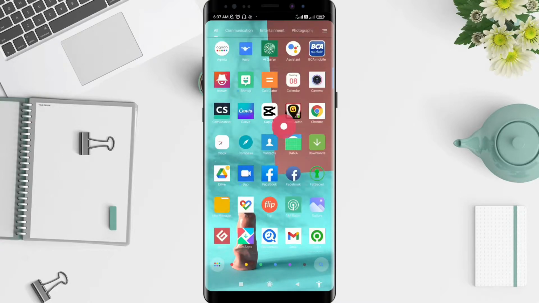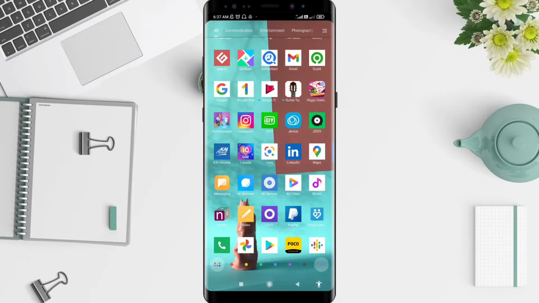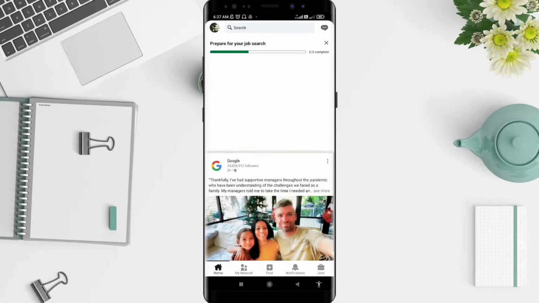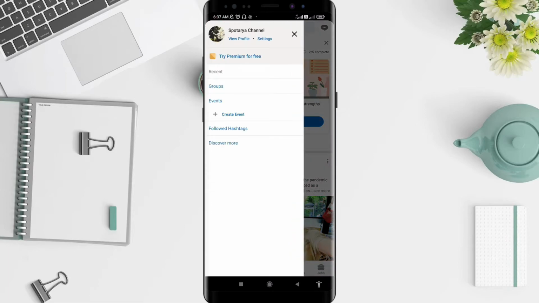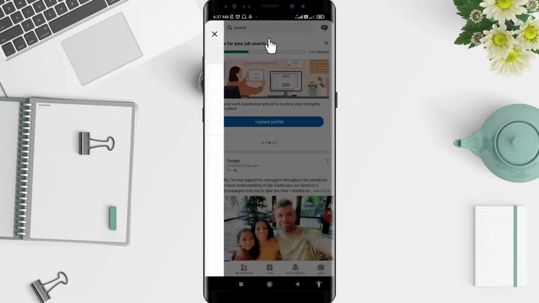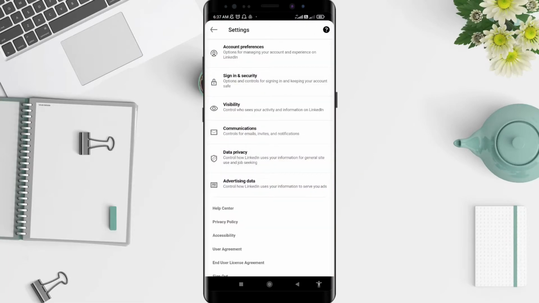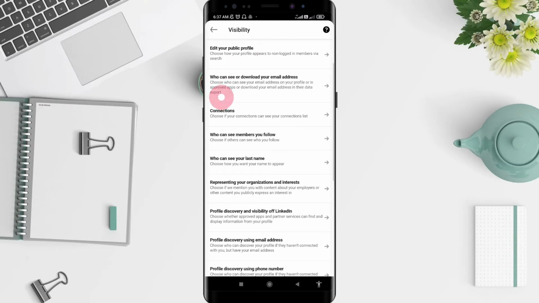First, we go to the LinkedIn application that you have installed before. Click on LinkedIn, and after that you can go to the symbol in the upper left corner. It means your photo. Click on it, and let's go to Settings. And the next step, click Visibility, and you can slide down until you find who can see members you